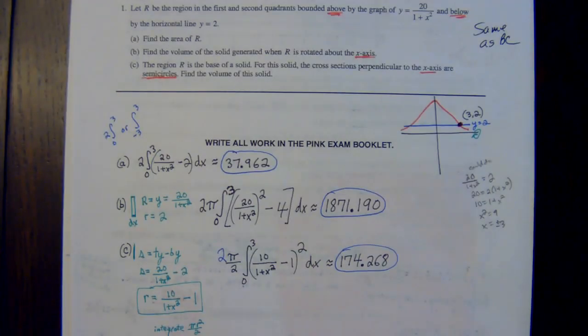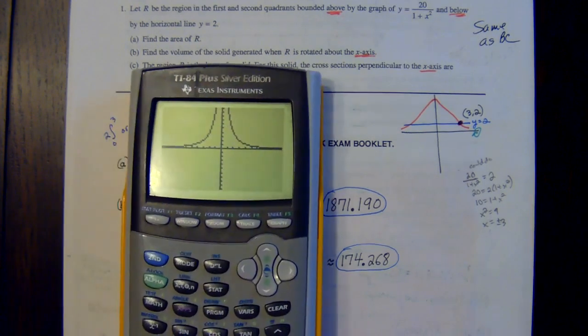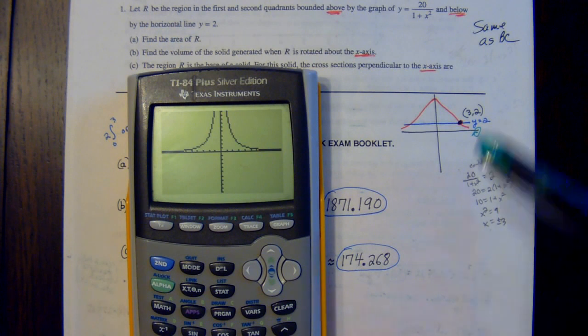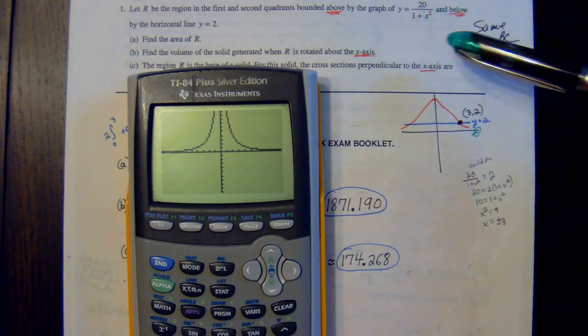This one, we were able to fit the whole thing on the screen here. Let me just talk through this quickly. When you graph this one, it looks like that, but notice it says it's bounded above, which means there is a ceiling to this thing. If you're going to do this area, top curve minus the bottom curve, it's not going all the way up to infinity. If you notice, that equation has a 20 in there, so if I plug in x equals 0